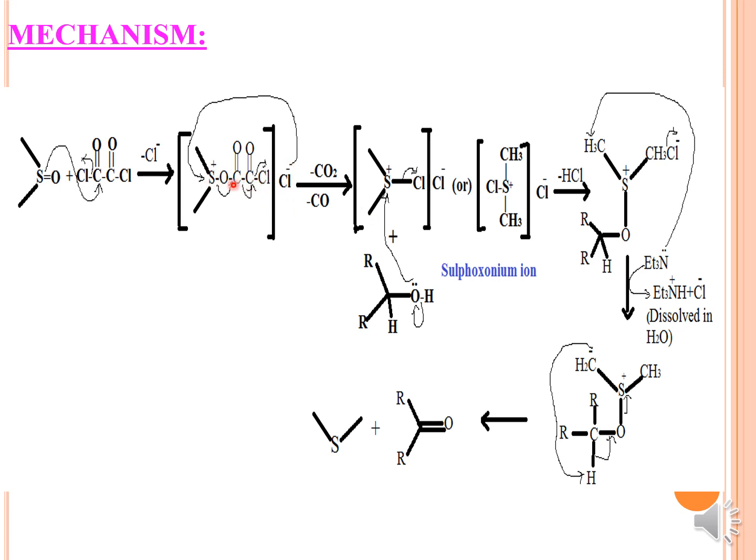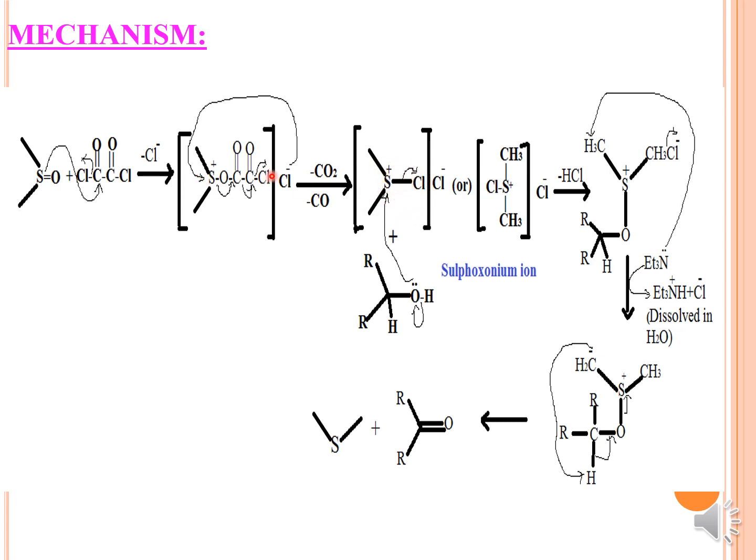Then there is an intramolecular reaction. This is like a complex formation, with Cl minus. This Cl minus will again act as a nucleophile. It will go and attack the sulfur atom. Once it attacks the sulfur atom, the bond between the sulfur and the oxygen will shift over here, and then this again shifts towards the carbon atom, and this whole moiety, that is your CO2 and the CO, will get cleaved out. That is, carbon monoxide and carbon dioxide get cleaved out with the formation of this adduct.